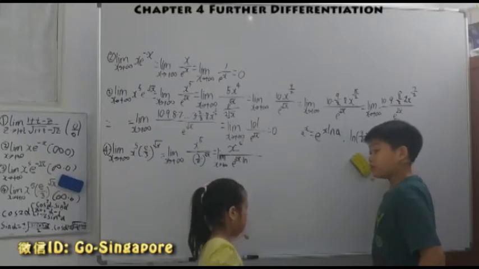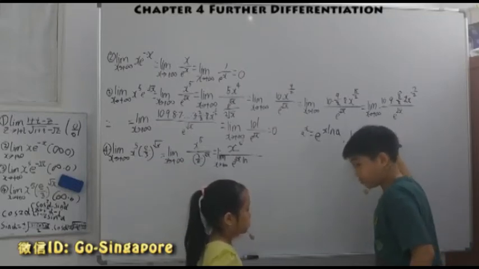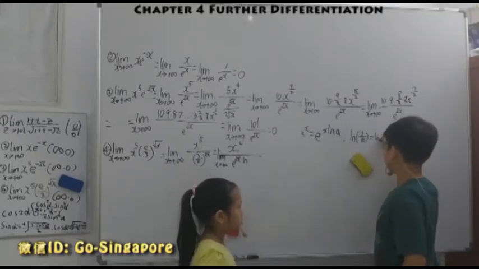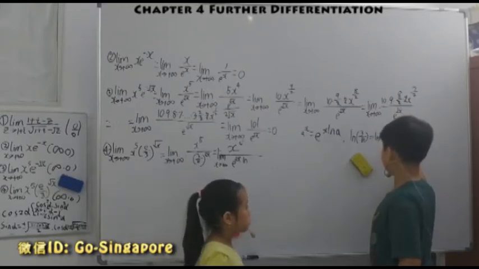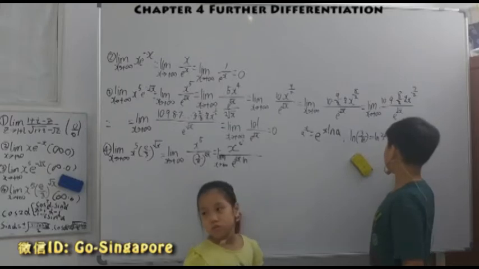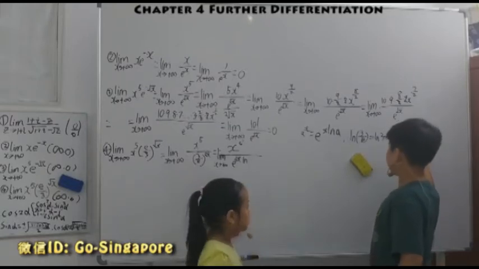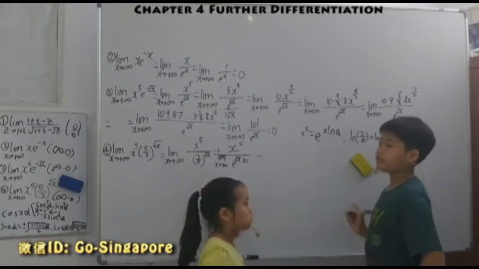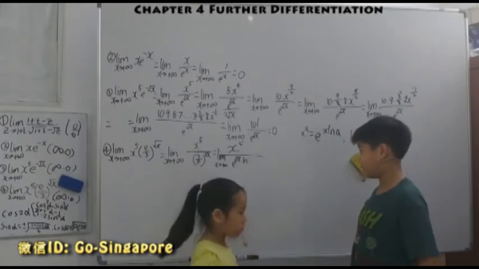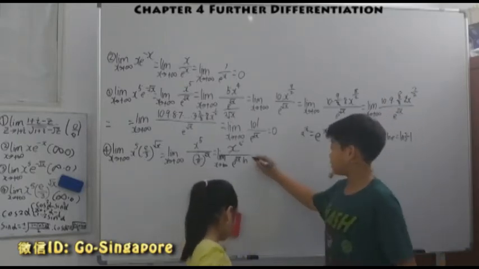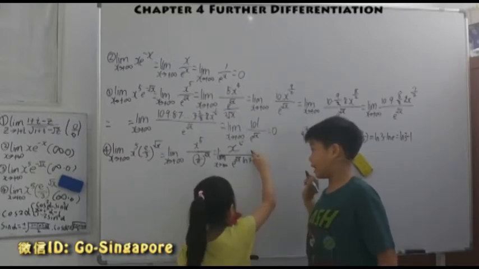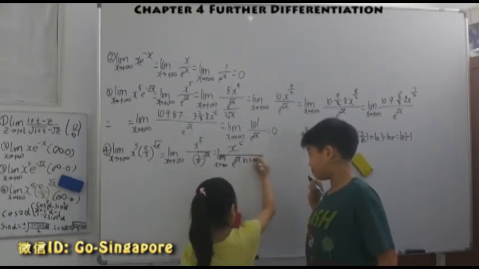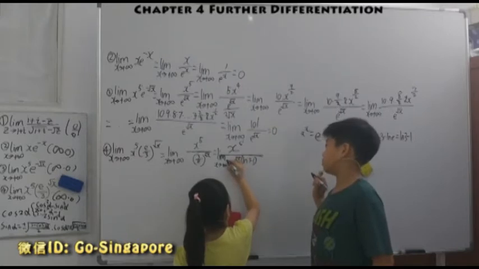But did you remember the special thing? Ln 3 minus ln e, which is ln 3 minus 1. Yes, correct. So we'll put this as ln 3 minus 1, bracket, right? And in front there is still